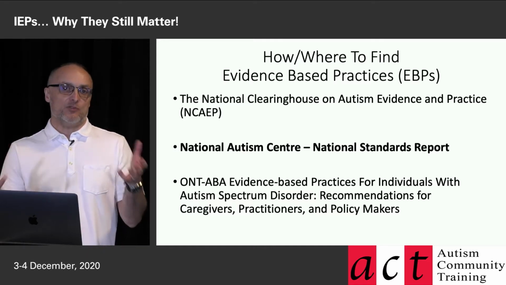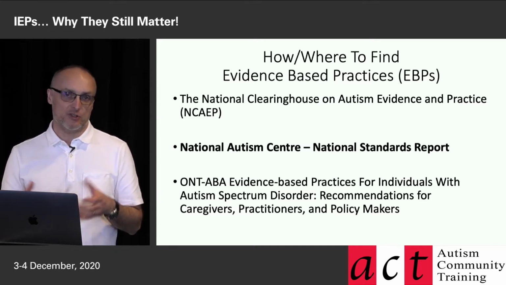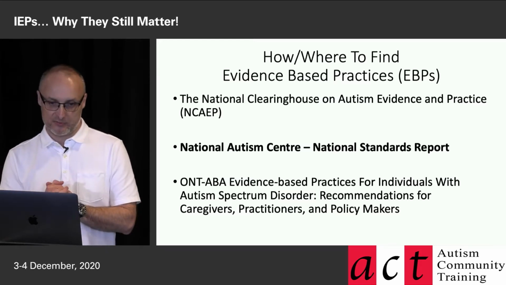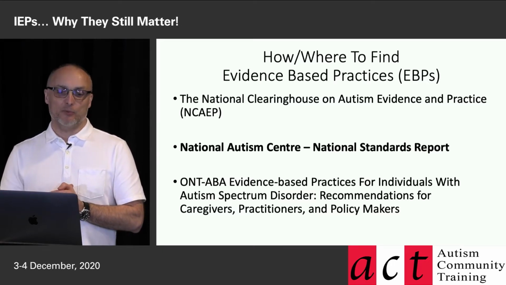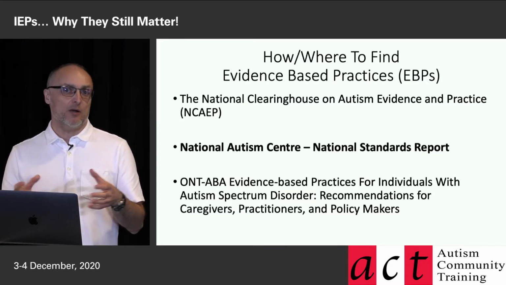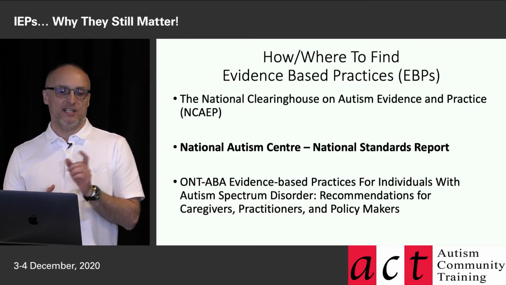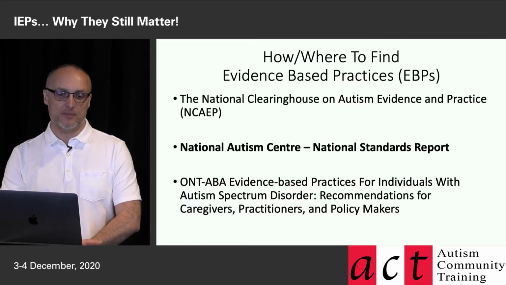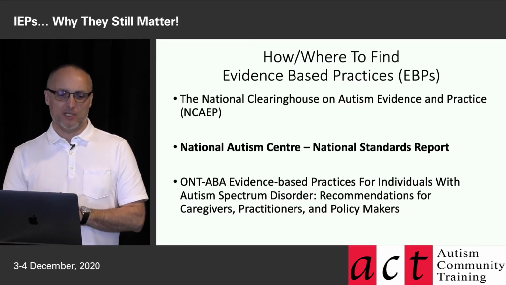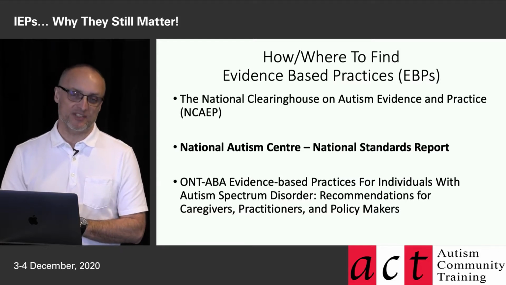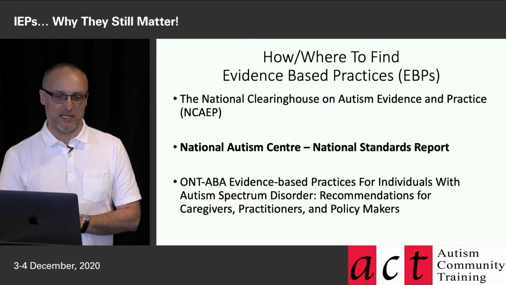So that sets the stage where people are very open and susceptible to the persuasion of phenomenology and authoritarian types of truth. This is a partial listing of resources available to you that are designed to help people sift through information to make the best decisions. I'm going to take you through the National Clearinghouse on Autism Evidence and Practice. Also, I've mentioned to you a couple of times now the National Autism Center Standards Report, first published in 2009, updated in phase 2 in 2015.